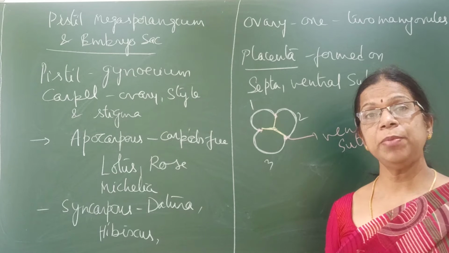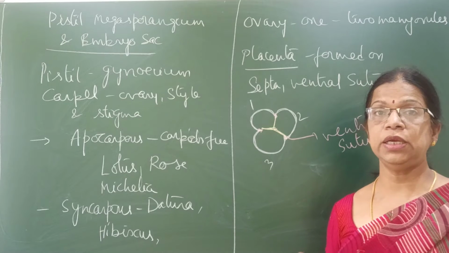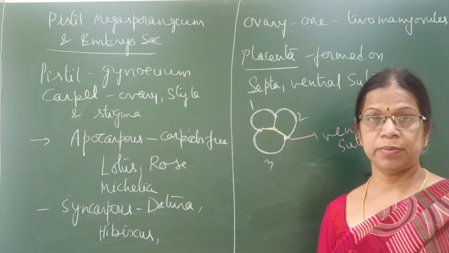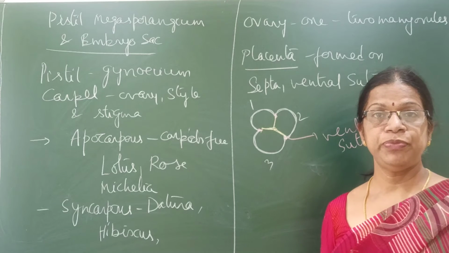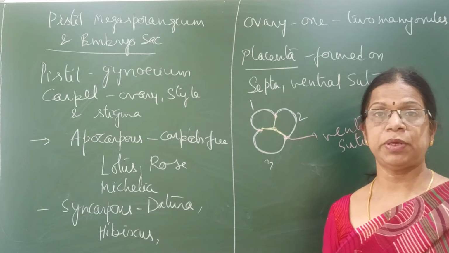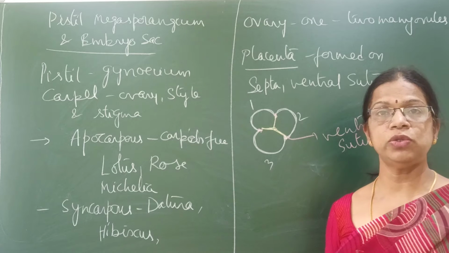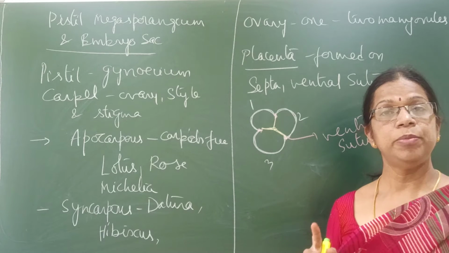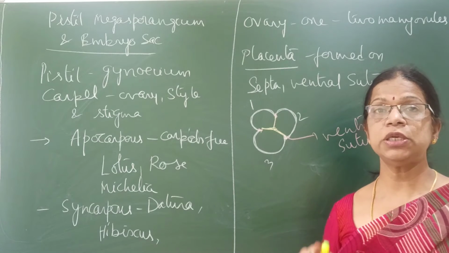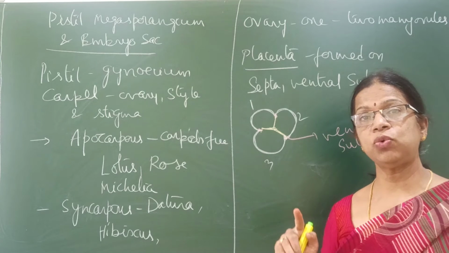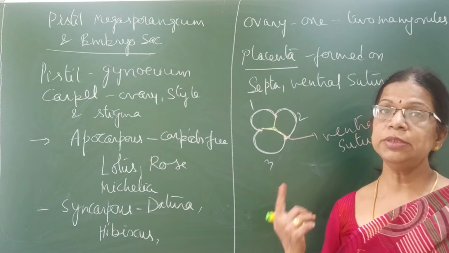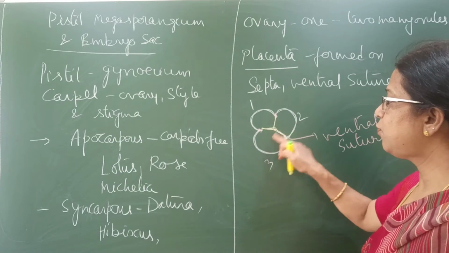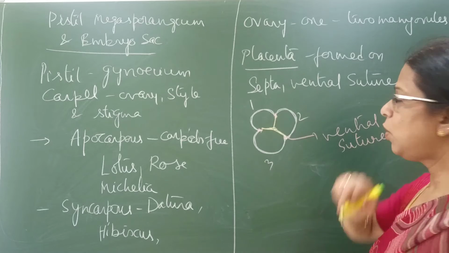Sometimes septa may not divide the ovary completely. It may not grow up to the center. Then it is called a false septum, like we have in mustard. Similarly in Datura, both a true as well as a false septum are present. That's why the bilocular ovary in Datura becomes tetralocular. These chambers which are formed are called locules.